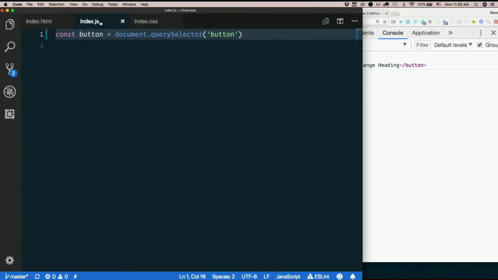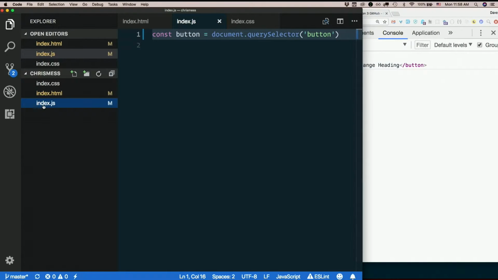You know what else I think we need in our project? We need a README. We should always have a README. So let's create a brand new file in our project. I'm going to open up my little thing here. Let's open up a new file. I'm going to call it all caps readme.md